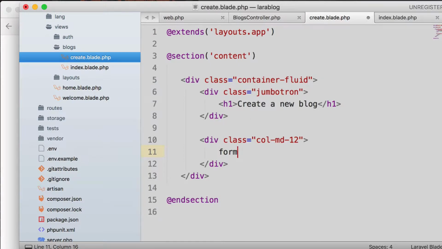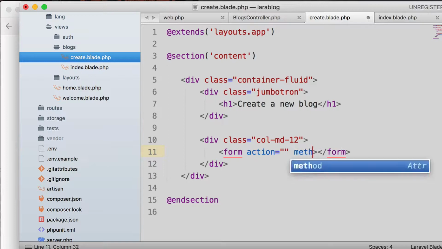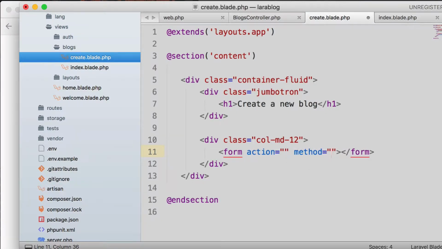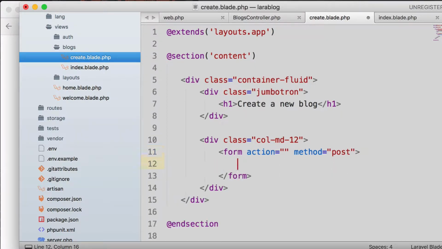Okay, so let's create a form with the class name of, we don't need a class name for the form. Okay, let's just do that. Action, we'll come back to it. Action, method. Okay, so the method will be the post method, right? We'll post this form data. Okay, now inside this form